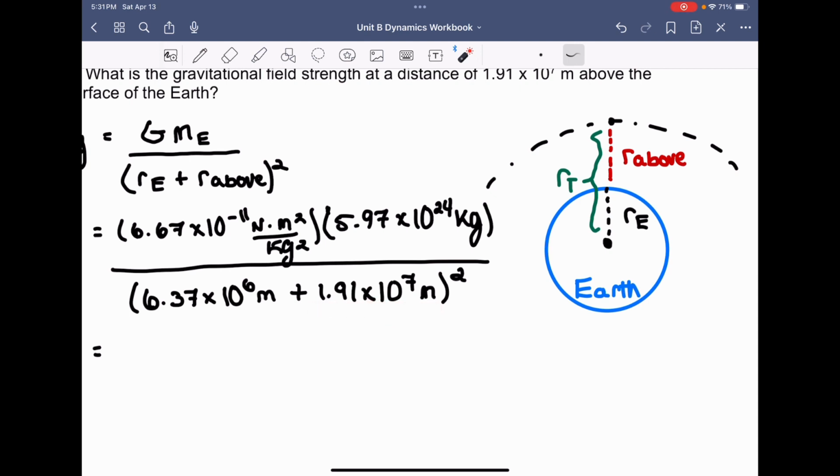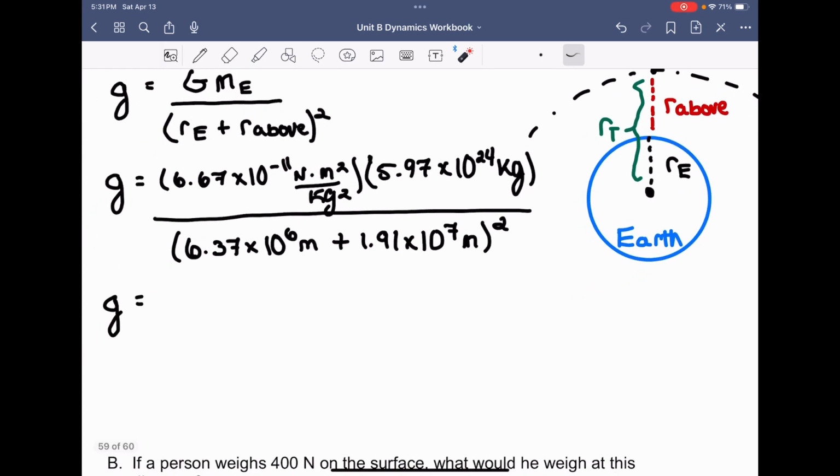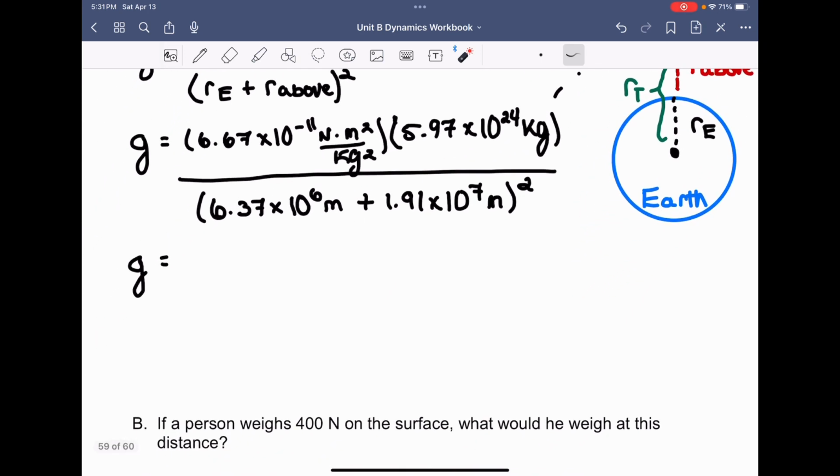So because we're going such a significant margin above the Earth's surface and measuring gravitational field strength, as we know from previously in lesson 17 and lesson 18, when we broke apart this relationship of the inverse square law, it said that as the radius grows, the gravitational field strength exponentially decays. And so when I calculate this, I end up getting a value of 0.614 newtons divided by kilograms,